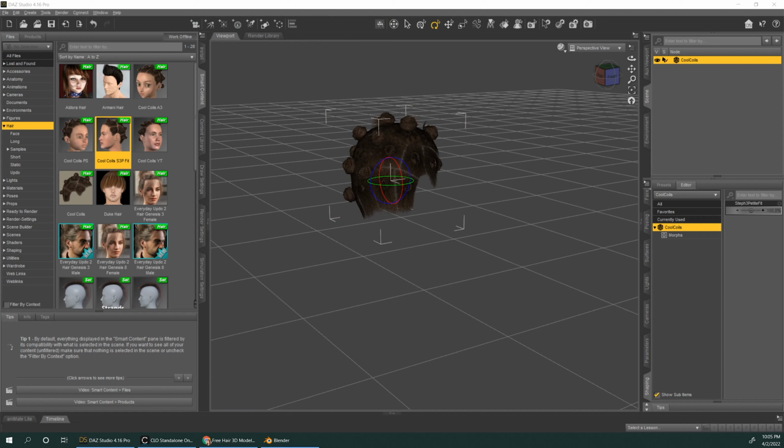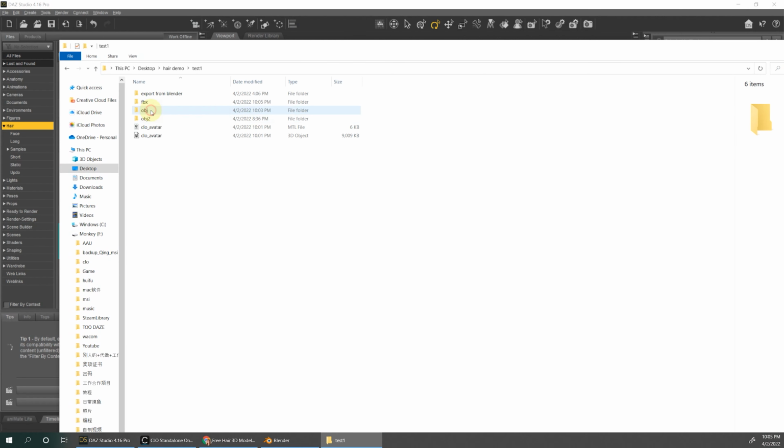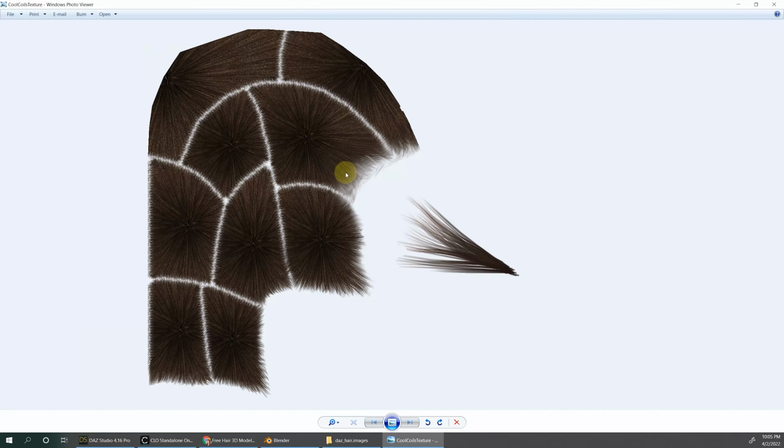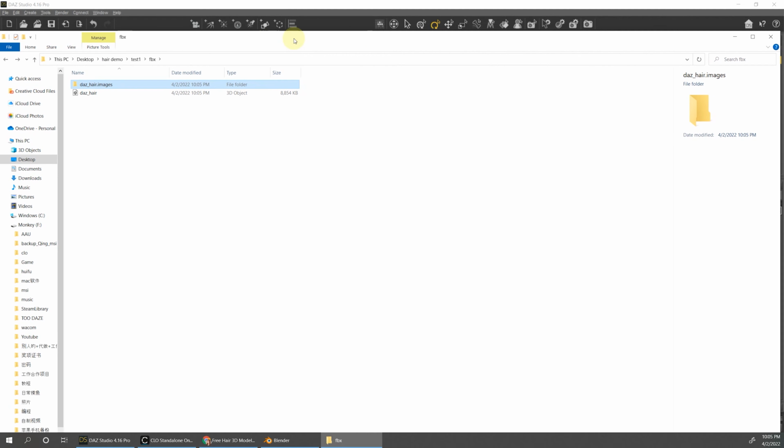Then let's check the file. Here you can see the hair image is a little bit different. It's combined the converted map and the map, so you will see a transparent background, but you see the hair texture. This one will look 100 times better in curl. So after we export the object and FBX, we're done in that studio.